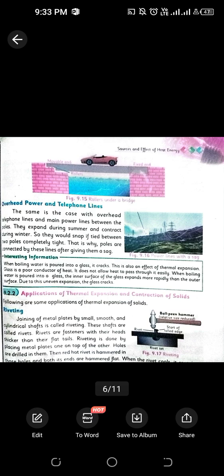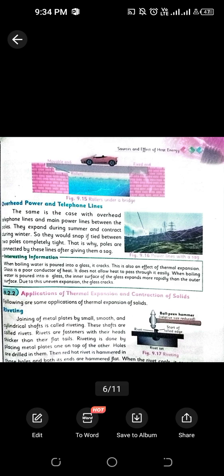You can also see in the picture that there are the poles, and there are some sort of wires between these poles, right? So basically these wires are placed between the poles just to prevent the cracking, to prevent the damaging of these overhead power lines and telephone lines. Clear? So the basic concept to prevent the contraction, the expansion, the basic concept of